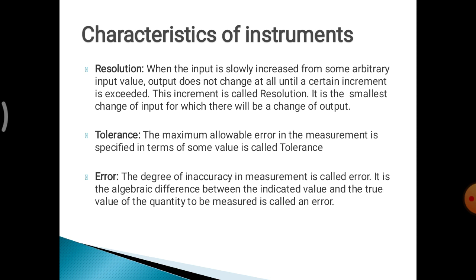See, sometimes if you buy anything, just see the specification: 10 plus or minus 0.1%, 20 plus or minus 0.2%, like that it will be written. Why is it? Because in manufacturing, sometimes there will be a little bit of error in the equipment, in a very small percentage. So they write plus or minus 10% or plus or minus 5%. That is the maximum allowable error in the measurement, specified in terms of some value called the tolerance, that allows 0.1% error. So sometimes they write like that.